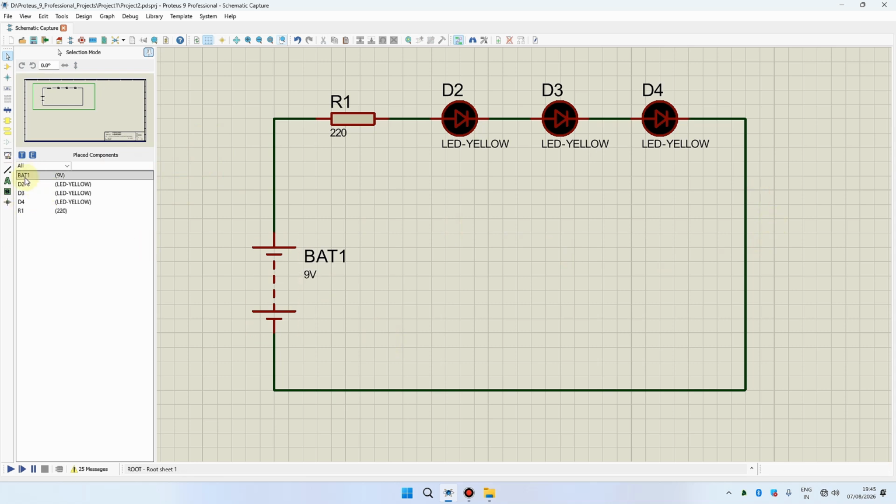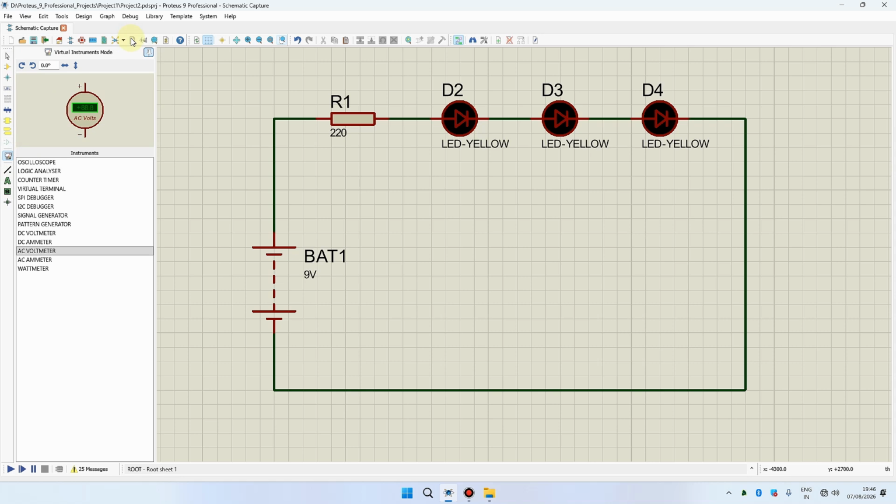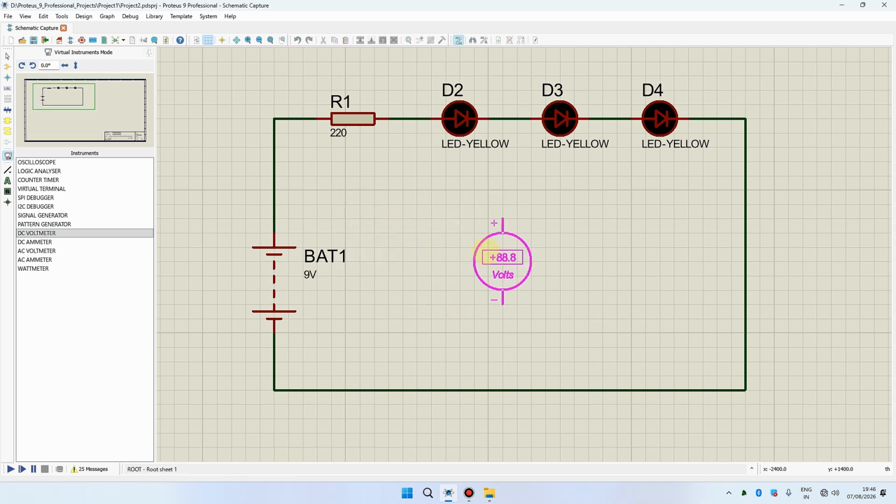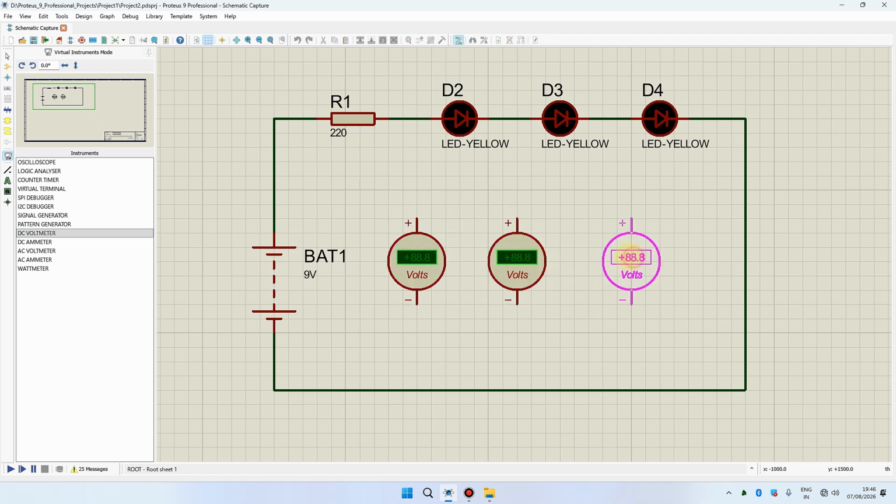You can just select that particular instrument by clicking on the instruments icon right over here in the left vertical plane. Just click on this particular virtual instruments mode icon, and in the virtual instruments mode icon you can see this particular DC voltmeter. Just make a left click on the DC voltmeter and now come to the schematic layer and make a left click, and you can see this is the DC voltmeter layout. Just place wherever you want in your circuit,